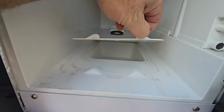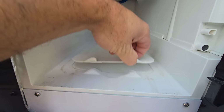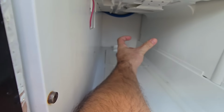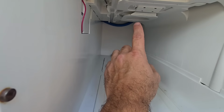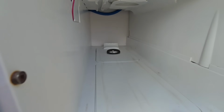There's a pocket under here, and nobody knows what that's for. You can put your toilet chemicals in there, I guess. Same with that. But over in Europe, this piece lifts up and a computer fan slides in there with a charcoal filter. So when you hit the button in that toilet, it pulls pressure through this cassette and out the vent through there. That'd be really awesome to be able to draw enough pressure out of that cassette toilet that the